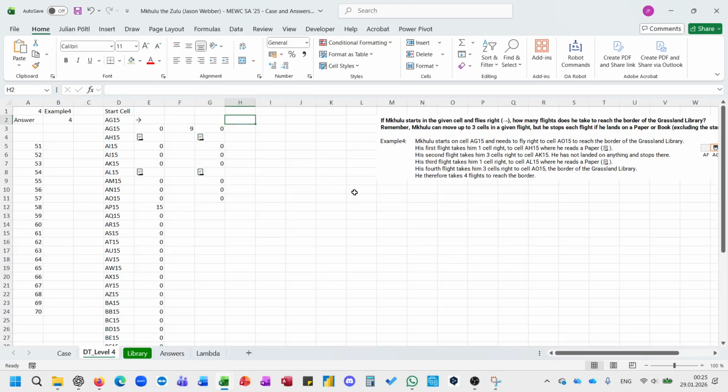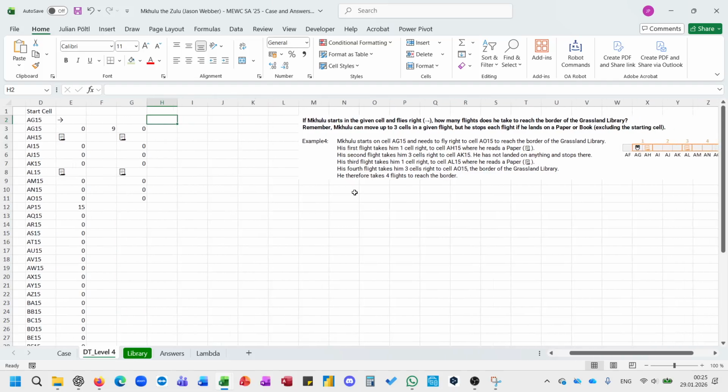And now we have to count how many flights he makes, because he either makes a flight if he lands on a paper or a book, or if he has flown 3 cells. So here it's kind of complicated. Okay, so flight and leg, or part of the flight. So we're using REDUCE. Our initial value is each stack